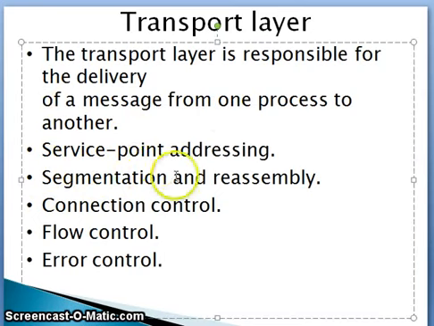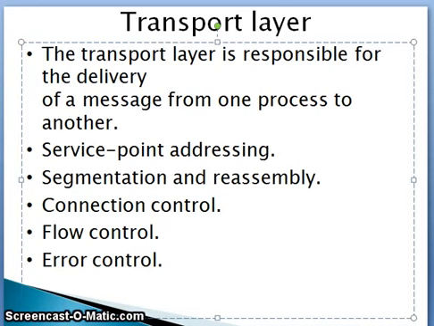The first thing the transport layer does is service point addressing, which, as I told, identifies the different processes running at the application layer. Second is segmentation. I am building segments of the data which comes from the application layer or from the session layer. Then reassembly. I have to assemble all the segments at the receiver side, bring out the data and forward it to the session layer. Connection control. It is the transport layer which will establish the connection, make the data transfer and then release the connection between source process and destination process.